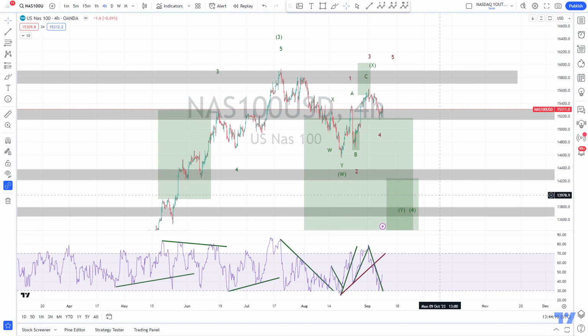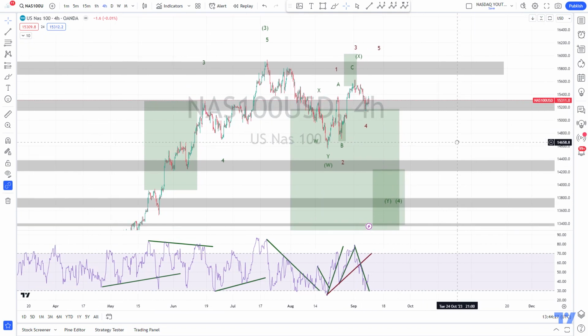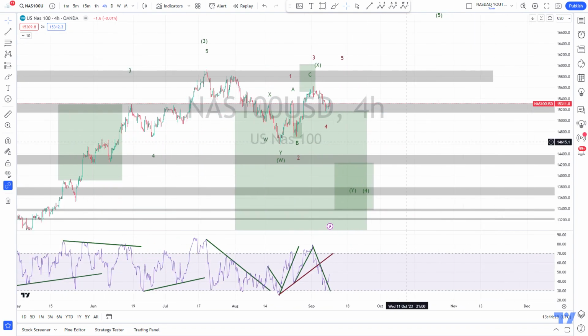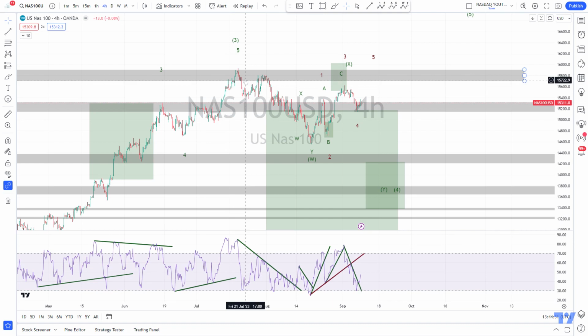However, if I bring everything together, like if I look at the market globally, it looks like other indices need more downside. So I would also expect then that the NASDAQ would have more downside. And if the NASDAQ needs more downside, then I would go here for a WXY correction. So we had our wave W down, wave X up, and so now then the target becomes here this area